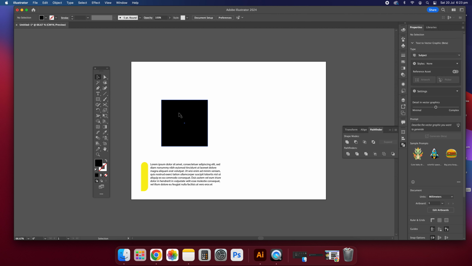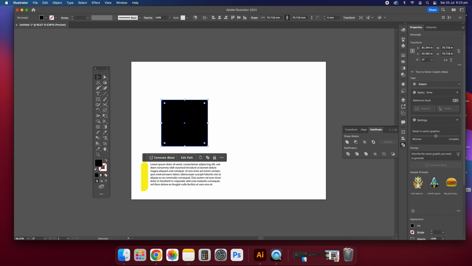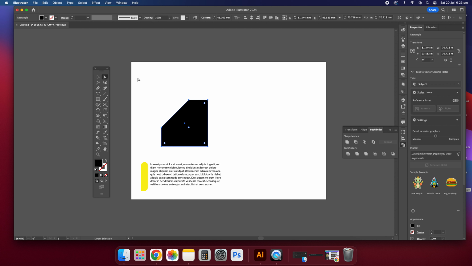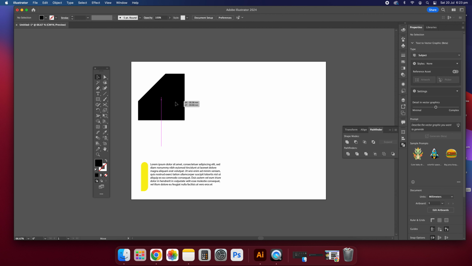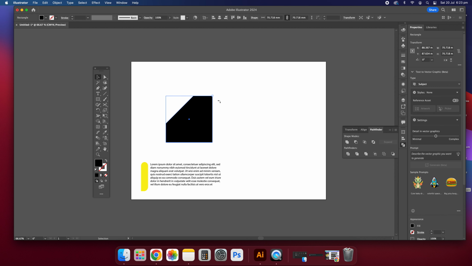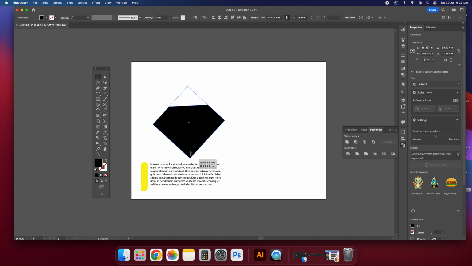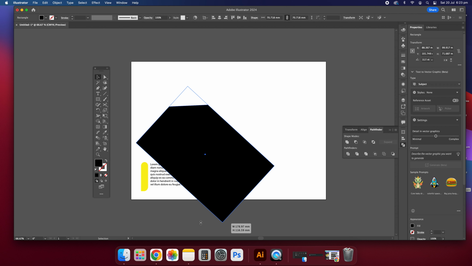I'll go into another video of how to actually edit these objects to be specific shapes, and editing cooler shapes and making different shapes using the corner tool or using the direct selection tool to make things a bit easier when you're doing things a bit quicker, for example, or making icons, that sort of thing. But yeah, when you do resize this, just keep in mind that you can edit this using these tags